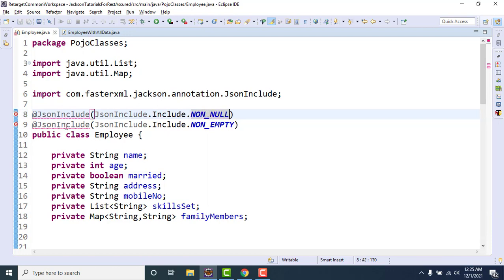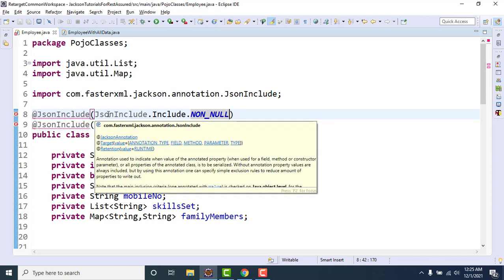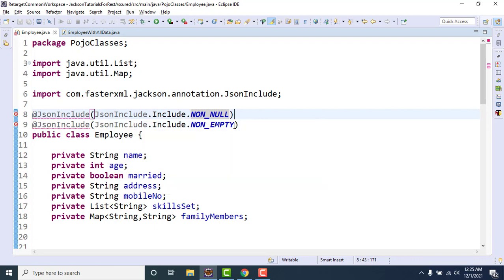This way you cannot put two JSON include annotations like this. It's a non-repeatable type, JSON include, that's why you cannot pass multiple values here, and you also cannot pass them comma separated.